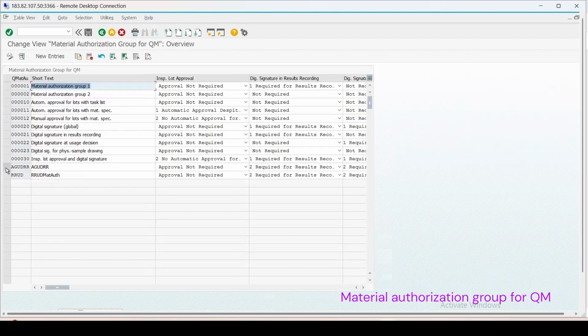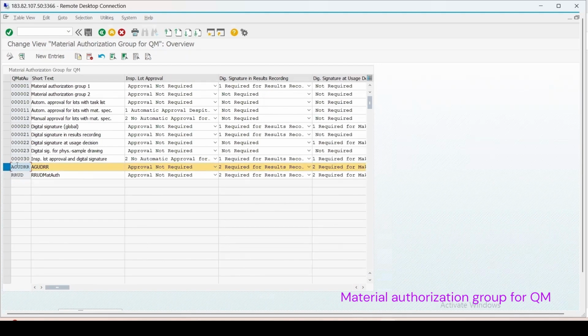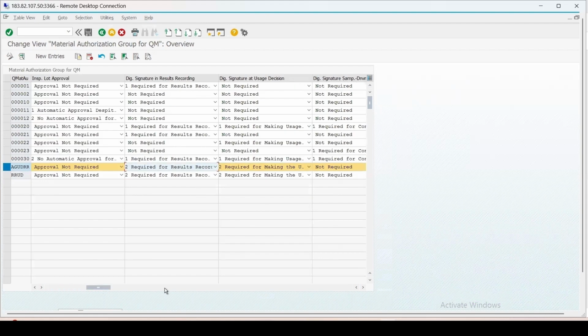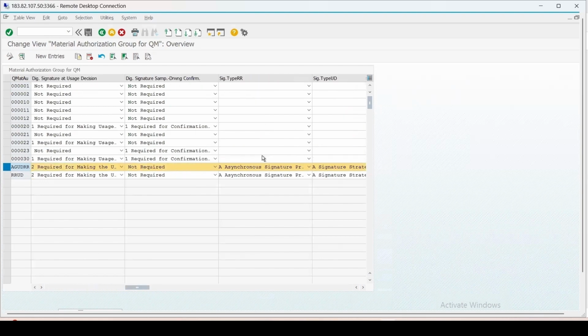Execute it. So this is the one. Okay, just now we have created. The lot approval, I haven't selected this. For the result recording, I have selected the option, this one, required for the result recording new digital signature. And even at the time of usage decision, I have selected this. For sample drawing procedure, I haven't selected this.